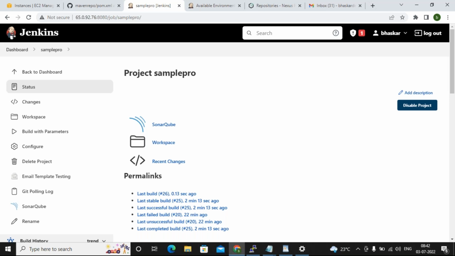Choice means you already know the list of values for that variable. Maybe sometimes you may not know the values, like later I want to give. Then you will go with a string parameter. This is a user variable, guys. User defined. We are defining the variables, and this is a job level variable. Whatever value you give works only for this particular job.